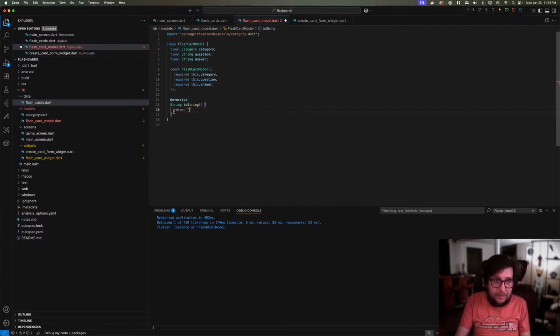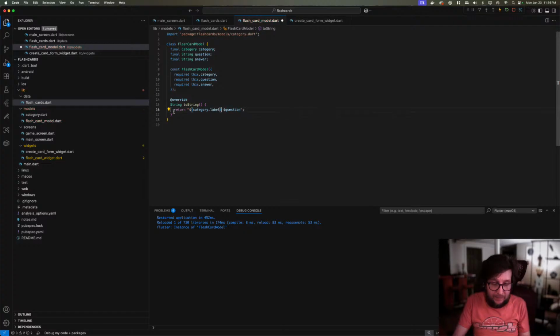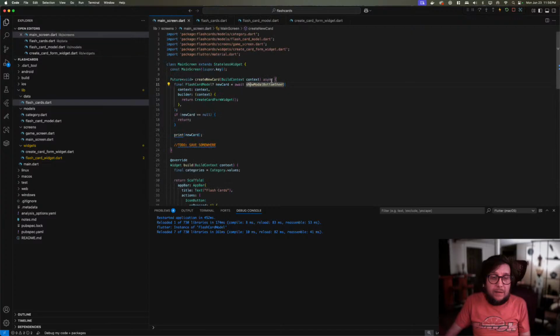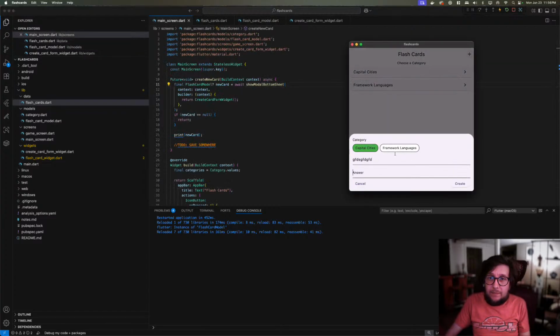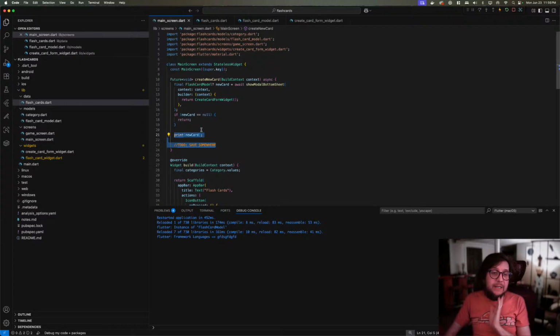And we will just return, what do I want to use? I guess we just use question. I guess we could have like category.label, something like that. Okay, one more try. I'll change it to framework languages. There we go. Now in terms of saving stuff,